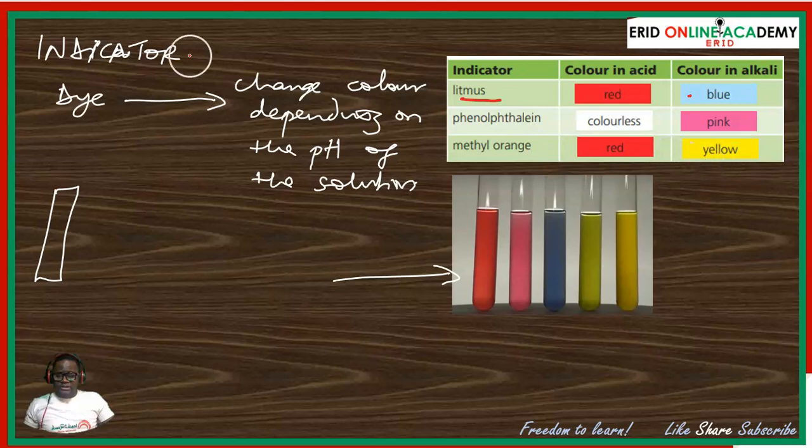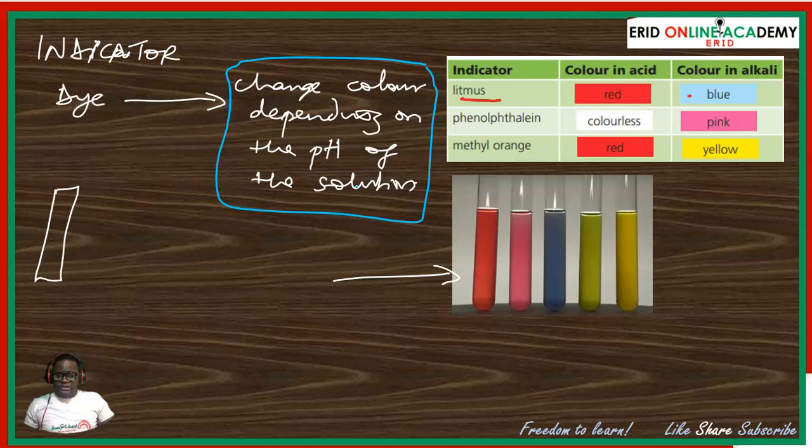It's important to know why these substances are used as indicators. The bottom line is that they have the capacity to exhibit different colors depending on the pH of the solution. It's just like humans. Sometimes you tend to be gentle, sometimes playful, sometimes happy, depending on the situation, the surroundings, the circumstances. These can determine your mood. The same way, an indicator is a dye that changes its color depending on the pH